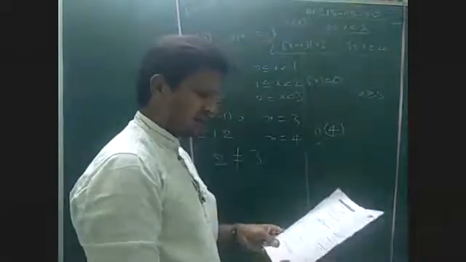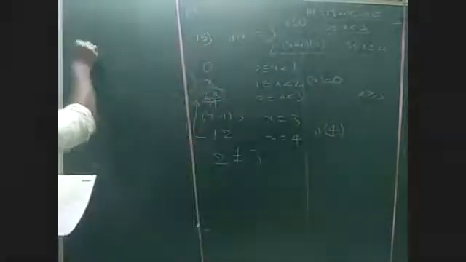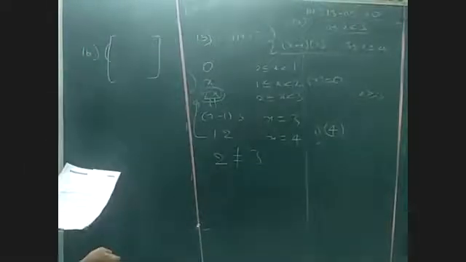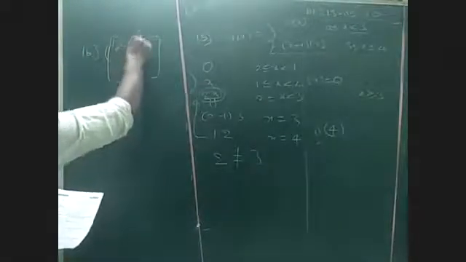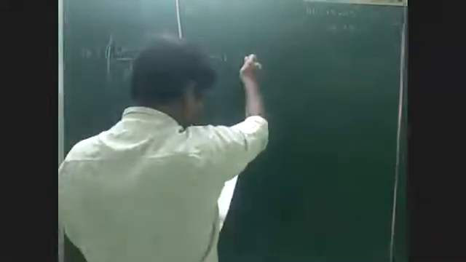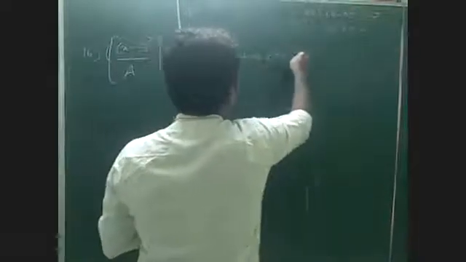This is also the 16th question, again a logical question. What to do here? 16th question, observe here. Step function is given. This is very important. A cube by capital A, sine of x minus 5, into C, into sine of x minus 5 plus A into cos x minus 2.